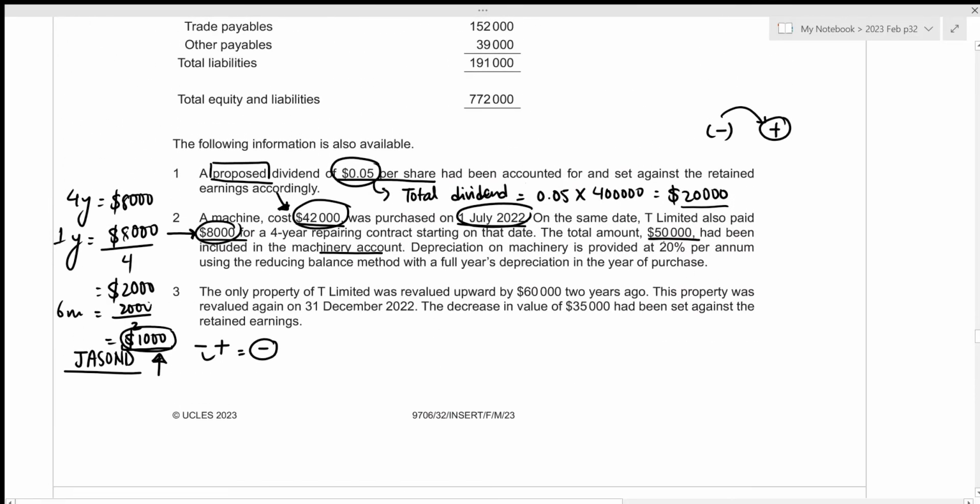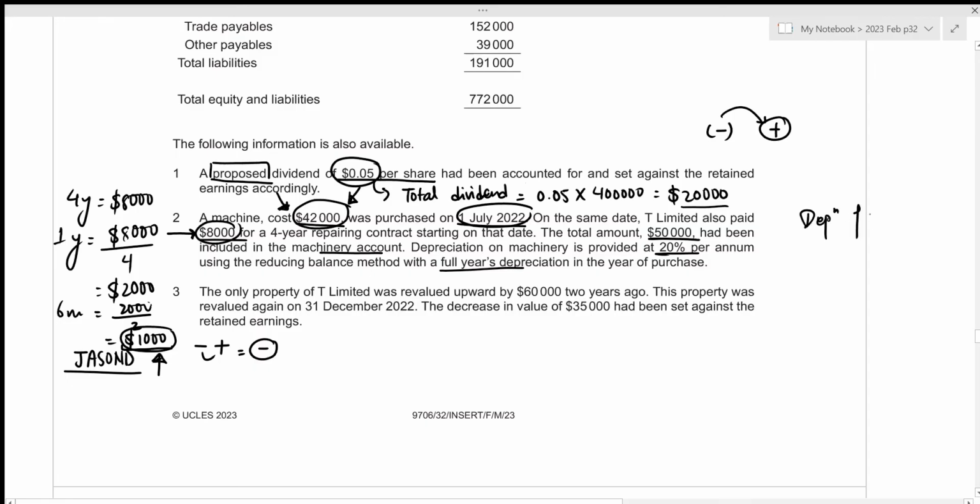Then depreciation on machinery is provided at 20% per annum using the reducing balance method, with a full year's depreciation in the year of purchase. And we are told that the machine costing 42,000 was purchased on 1st July 2022, which is the current year, right? So let's figure out the depreciation